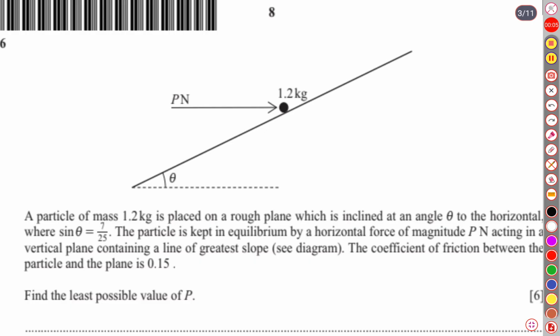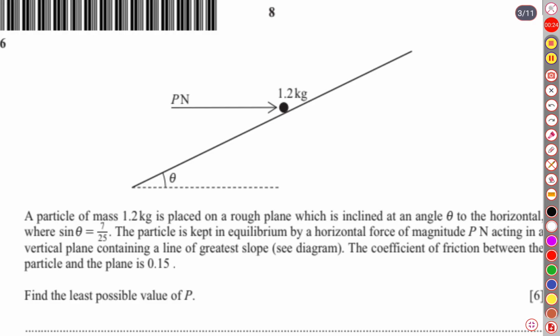Today we are going to solve a question from mechanics, and this particular question belongs to paper 9709/41 for the session October November 24. And we are going to solve question number 6, which is a particle of mass 1.2 kg is placed on